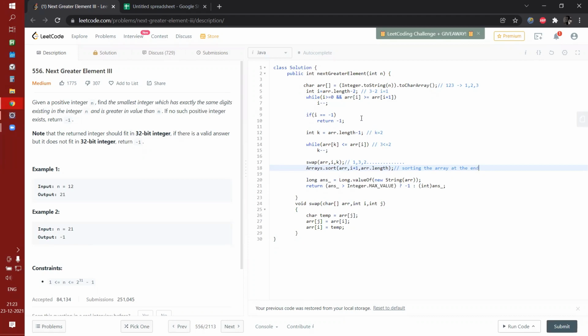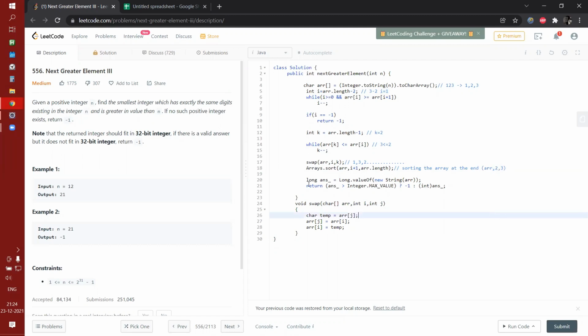So the arguments passed are the array, 2, and 3. This is the starting and ending index of sorting for this particular method. The starting index is included and the ending index is not included.